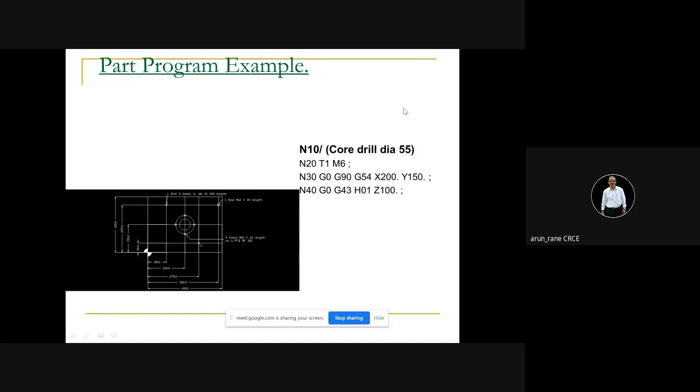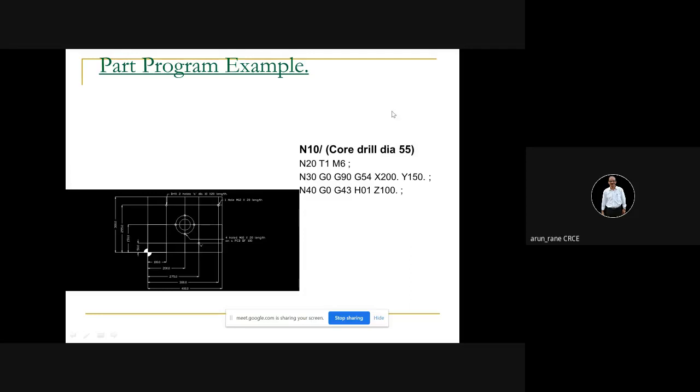Similarly, end mill cutter. It's not necessary that all the end mills will have the same length. So now the machine must understand where the tool tip is in Z direction. We are talking, by default, about a vertical milling machine, a vertical machining center. So the machine must know that we have defined our X0 and Y0 with respect to this point. Similarly, now you have a tool whose cutting point in Z direction has to be defined.